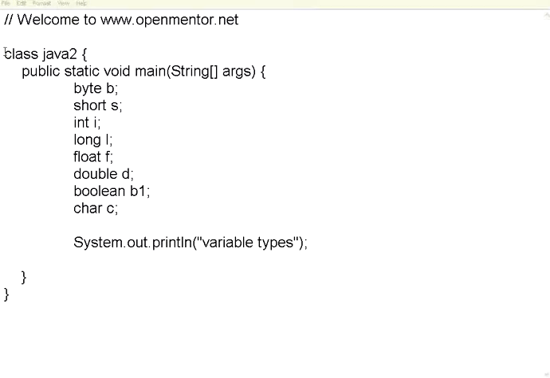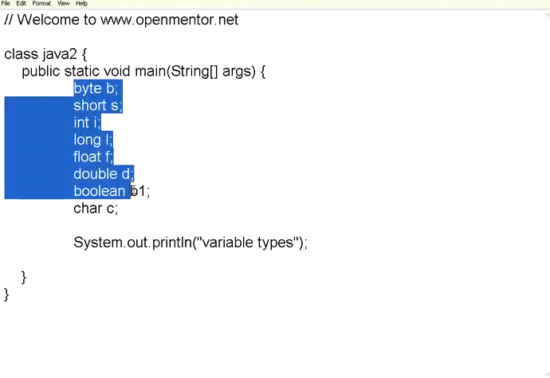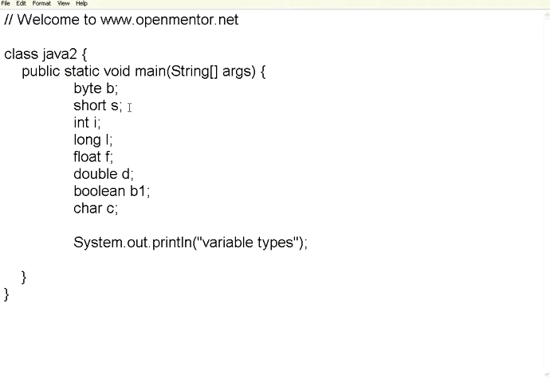In Java, everything is termed as a class. In each file, you need to have a class. Within that, it's a convention to have a main function. This is called a method. But we will come to these two portions a little bit later, but our concentration is over here.